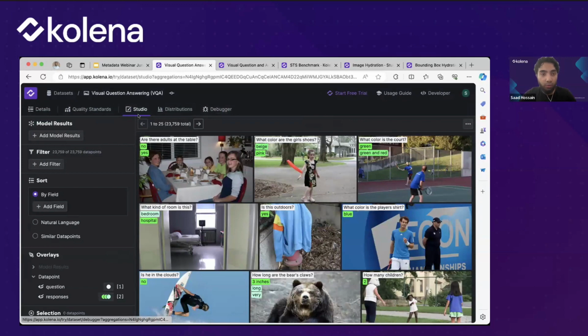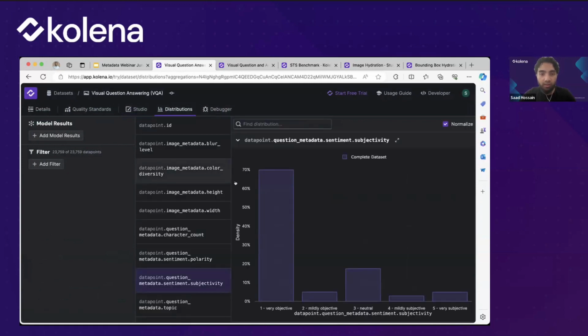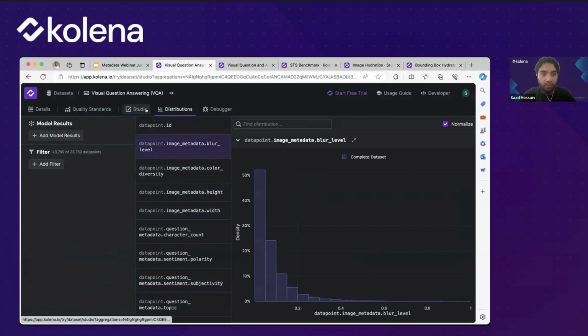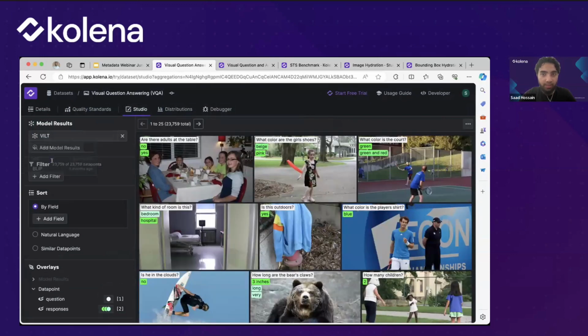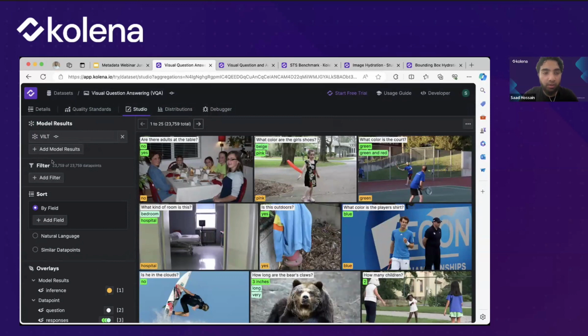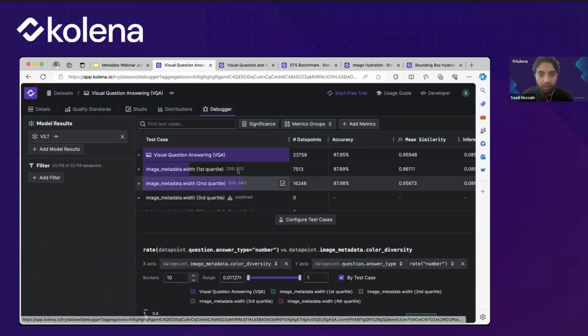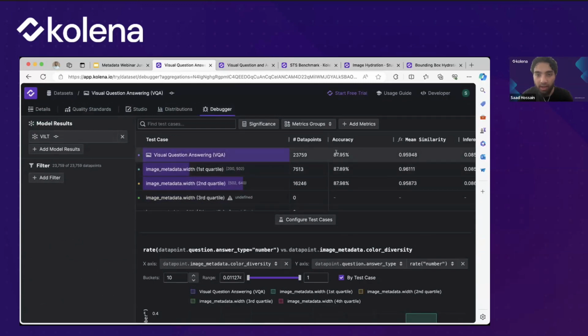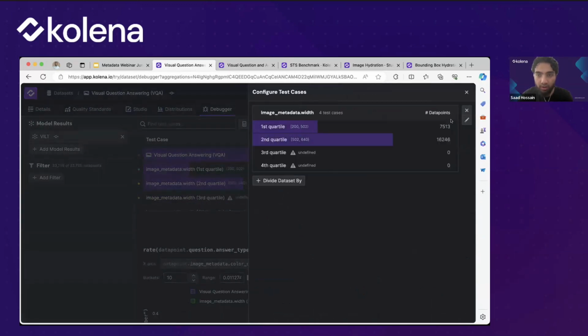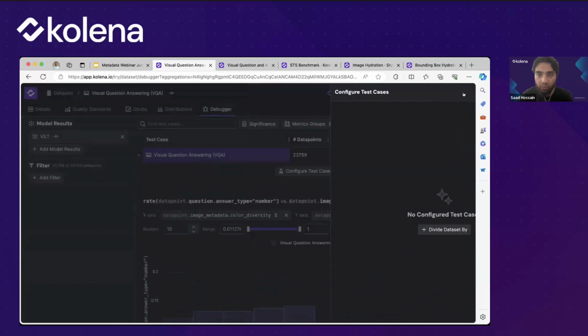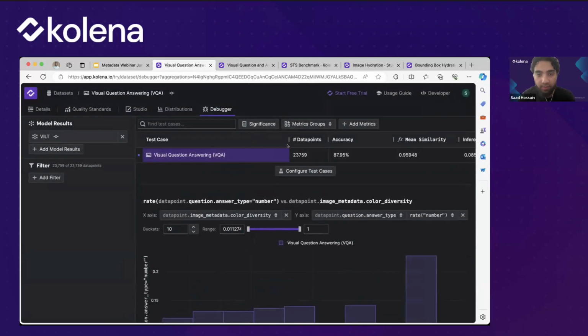And what we can actually do now that we have all these different properties is introduce our model results and see how that can correspond or be related to such. So we've added results from the Velt model, and just going off the results quickly, we can see holistically the accuracy is 87.95%. And if we were to remove this, if we had effectively no metadata, that's all we would know. We wouldn't know much more than this one number.